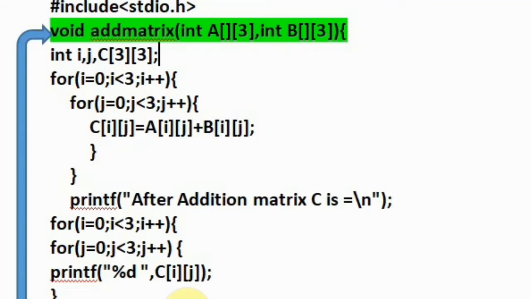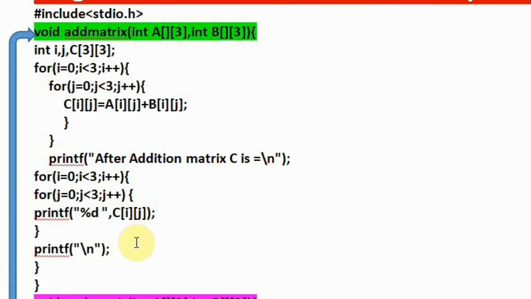So what is the logic here? Whatever values you have passed from the main function, that is matrix A and matrix B, are copied into A and B. All you have to do is write two nested for loops and a simple equation, that is C of ij equals A of ij plus B of ij. How many times do these two for loops iterate? Since the row size is 3 and the column size is 3, 3 into 3, 9 times they will iterate. All 9 elements of the first matrix are added to the 9 elements of the second matrix and put in the result C. So this completes the addition of the two matrices.